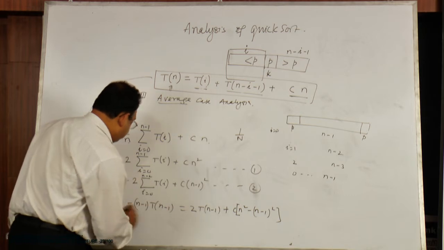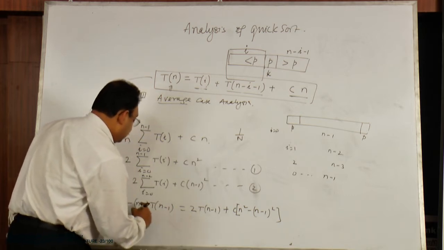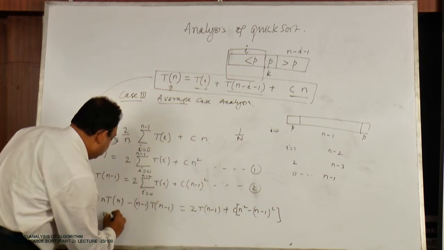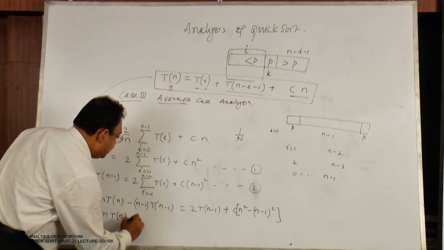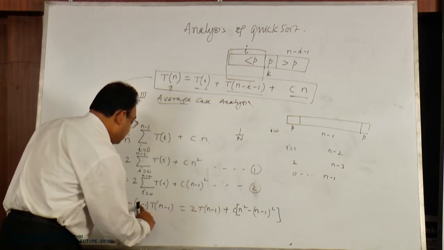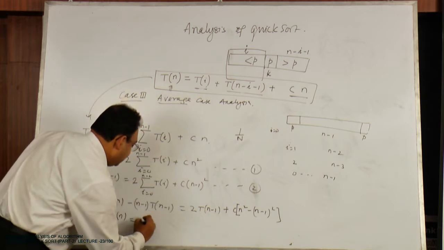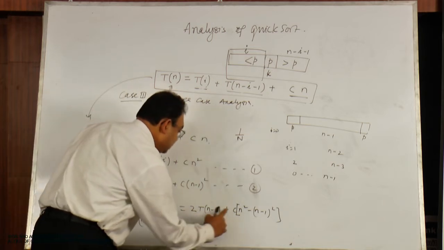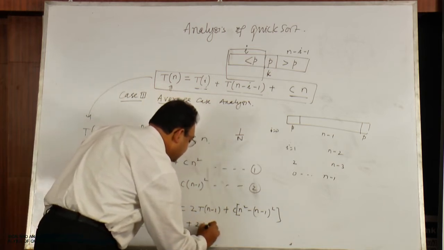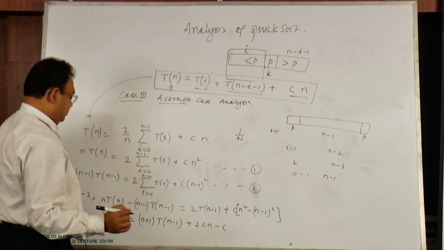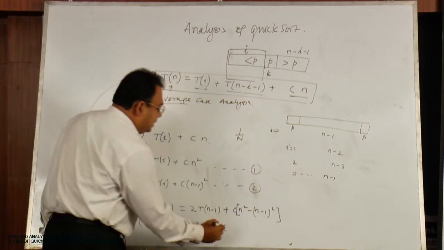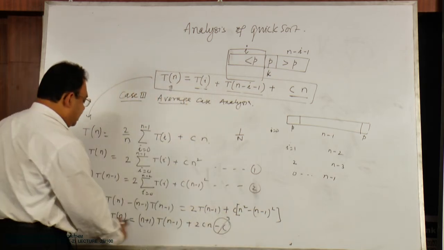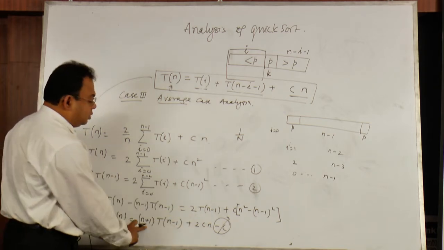So, this value is nothing but, if we rearrange this, if we bring this to this side, we can write n T n is equal to, this is n minus 1 plus 2, that is n plus 1 T n minus 1, plus 2 c n minus c. Now, discarding this insignificant term and dividing both sides by n into n plus 1, we can have